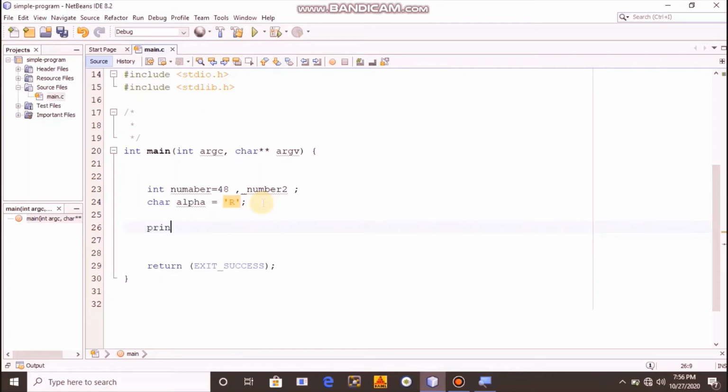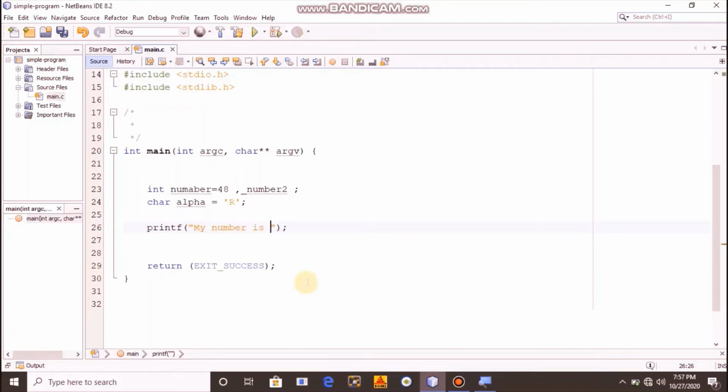Okay, let's see how to print these. I have to write the print command. printf is a default function which is used for output, and this is the syntax which we have to follow in C language. Let's write here, my number is.